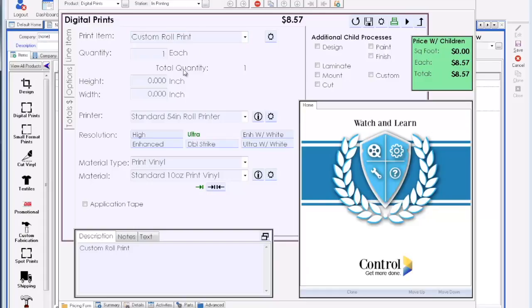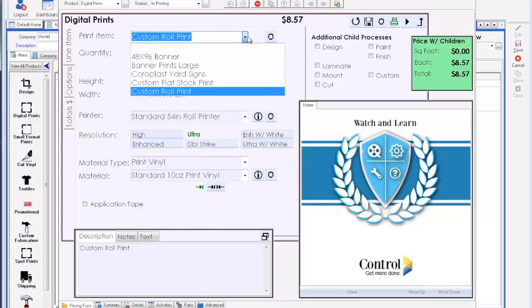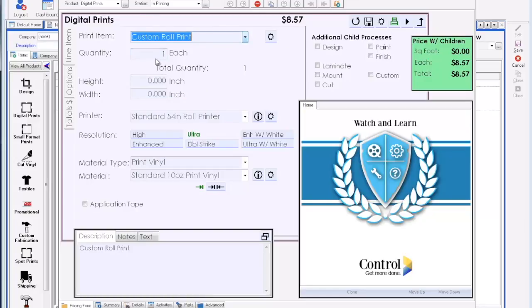This does set all of the values below, or the defaults. It's also dictating which type of material you're utilizing. We'll start with just a roll print and we'll discuss this a little bit more later. And this is your normal. If I'm adding 10 18 by 24s,